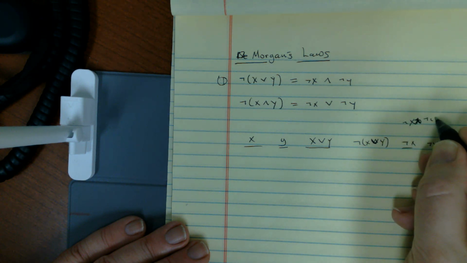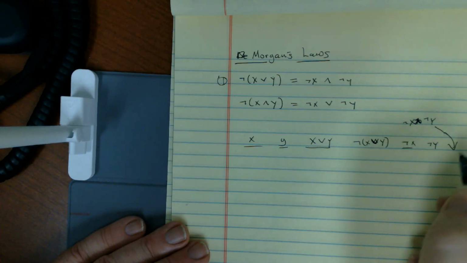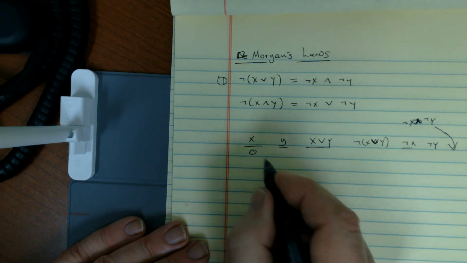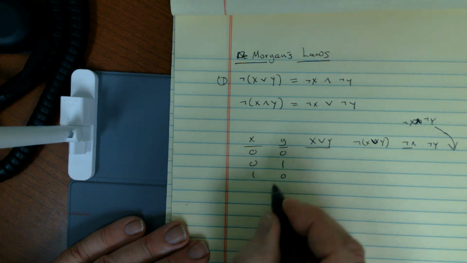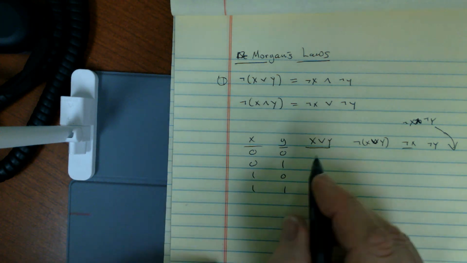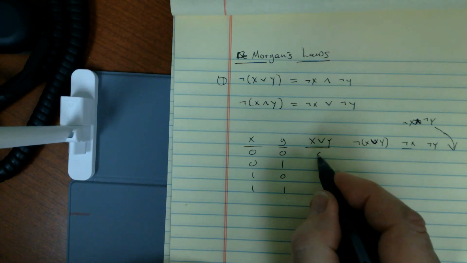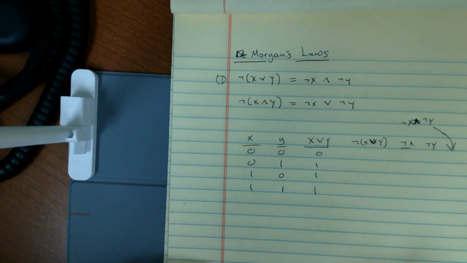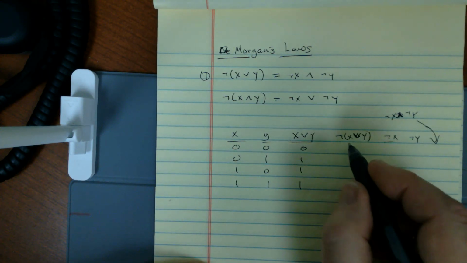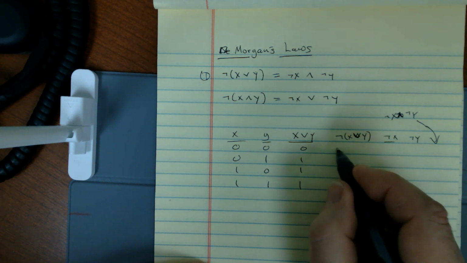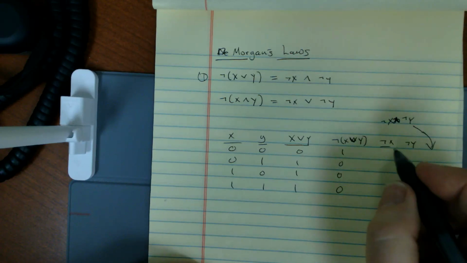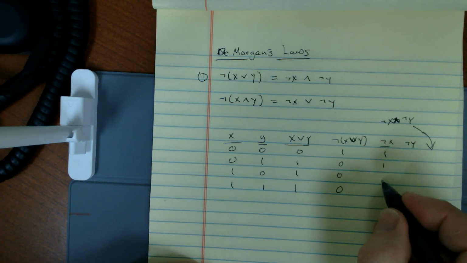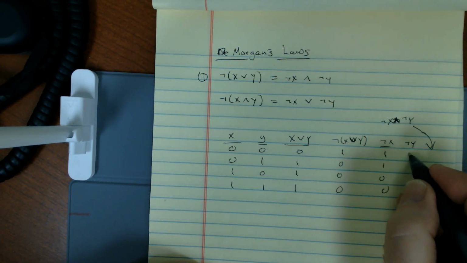Okay, so 0, 0, 0, 1, 1, 0, 1, 1. x or y, the maximum of each of these. The not (x or y), we go 1, 0, 0, 0. Not x, 1, 1, 0, 0. Not y, 0,